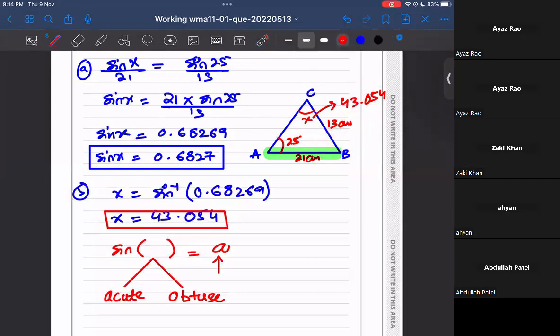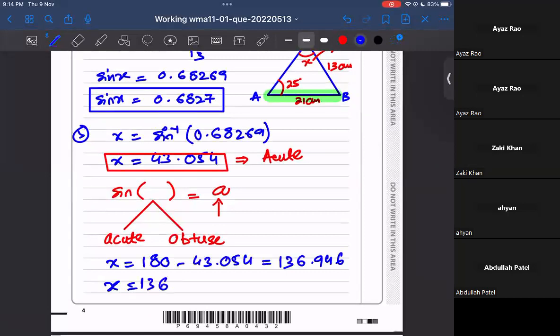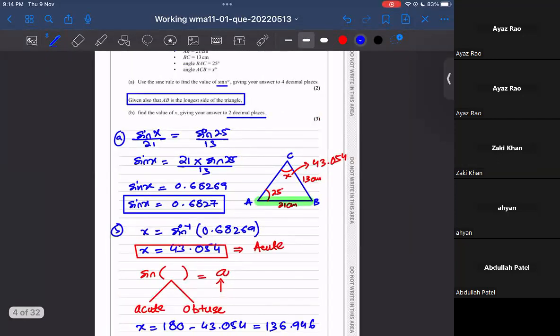So like I told you कि इसको बेटा सेम वैल्यू पर हमारे पास दो आंसर देता है। तो दिस वन इज एन एक्यूट एंगल। लेट्स फाइंड आउट द ऑब्ट्यूज एंगल। ऑब्ट्यूज एंगल मैं कैसे मालूम करूंगा? 180 माइनस 43.054, which will give you the answer 136.946. आपका आंसर आएगा 136.95. They want the answer in 2 decimal place, तो मैंने 3 decimal place में लिखकर फिर बेटा अपने आंसर